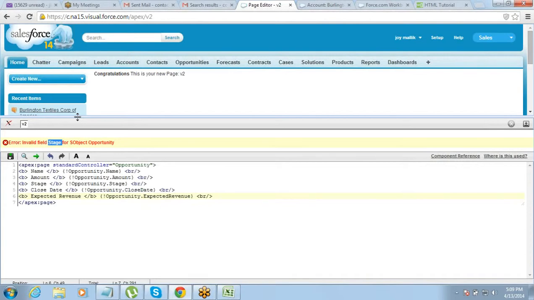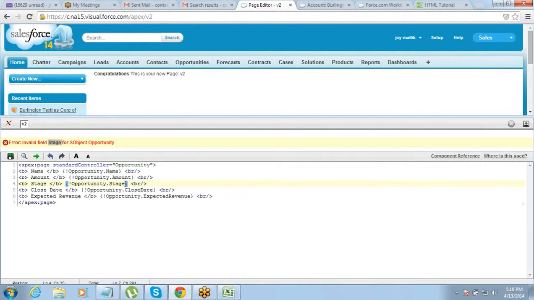So what is the field? Subhajit, what needs to be put here? Go to opportunity field and see.